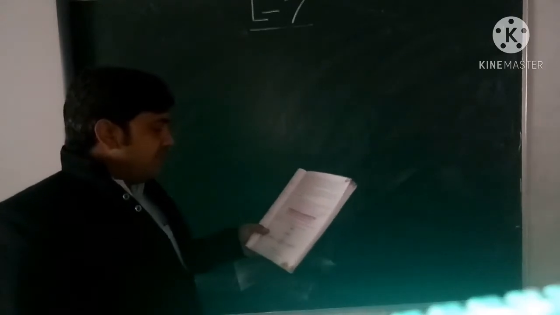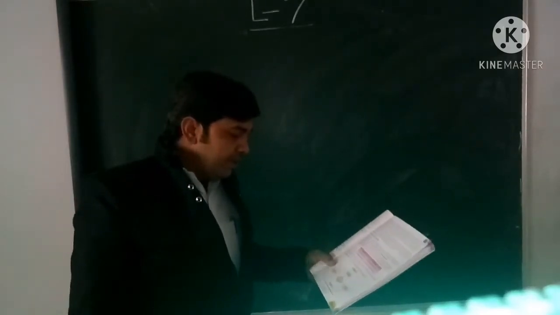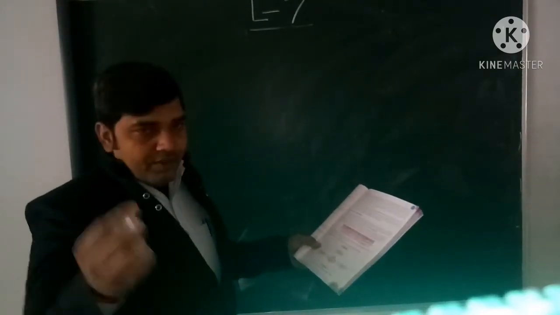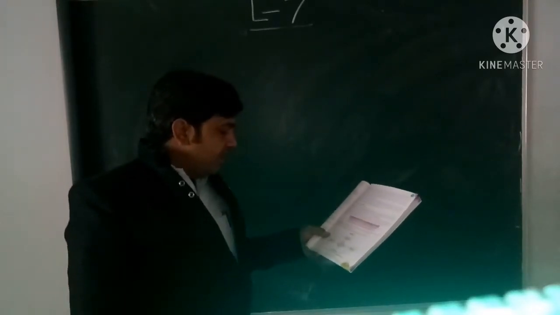Here one problem is given. You are visiting the ATM and you are entering the PIN. If the PIN is correct, you can withdraw the money. If the PIN is not correct, you cannot withdraw the money. So how do you write this? First you start. For the start you use this symbol. So this is the start. So you are starting the process.